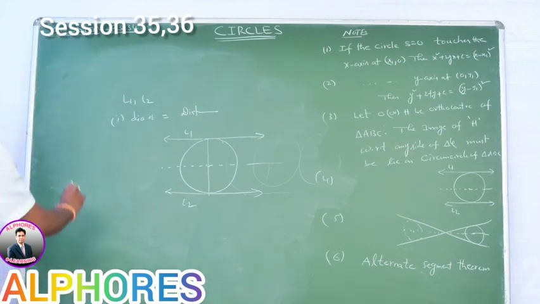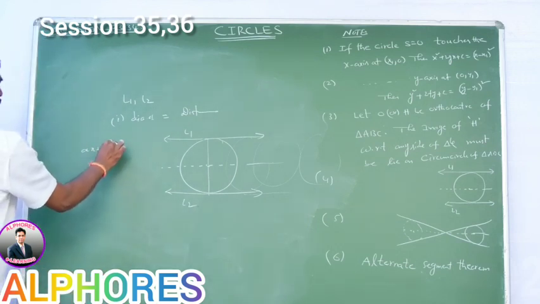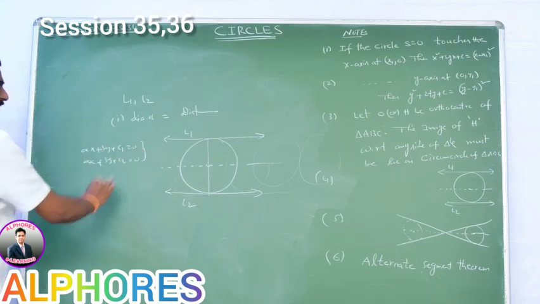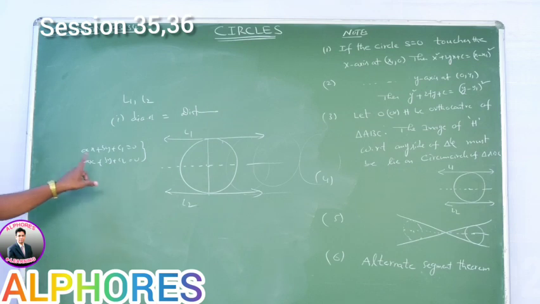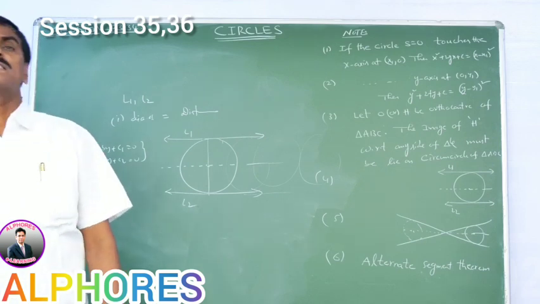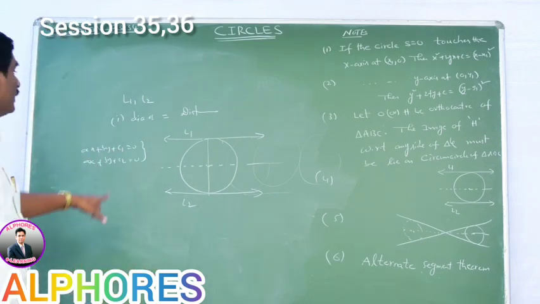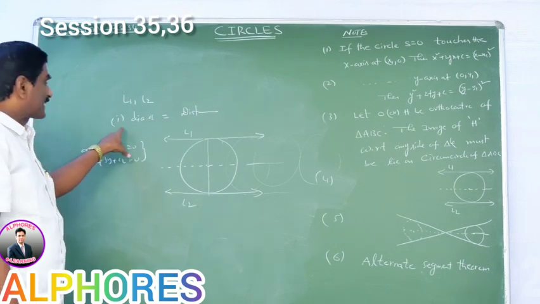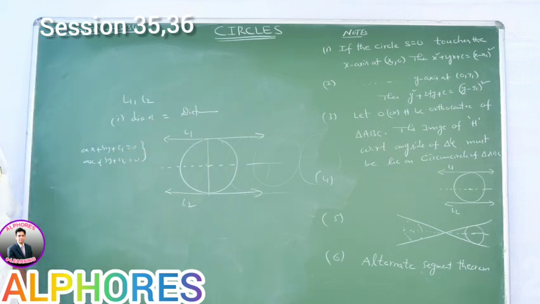Suppose ax + by + c1 = 0 and ax + by + c2 = 0 are two parallel lines. What is the midway line? ax + by + (c1 + c2)/2 = 0. The locus of the center of the circle is ax + by + (c1 + c2)/2 = 0. Very, very important points. First, the diameter is equal to the distance between the two parallel lines. Second, the center lies on the midway line of L1, L2, or the locus of the center of the circle is the midway line of L1, L2.